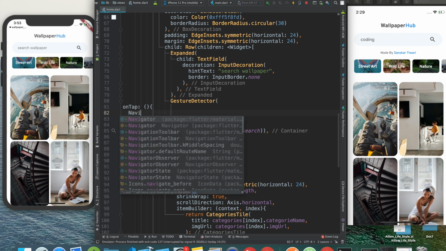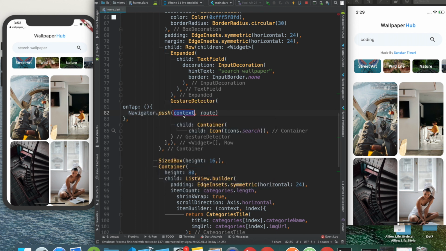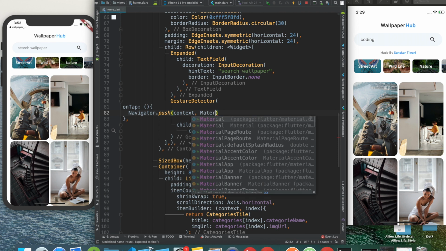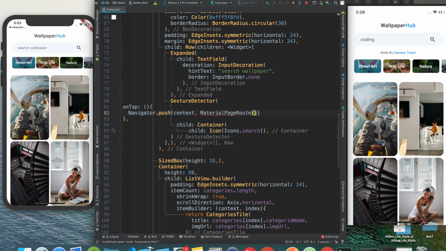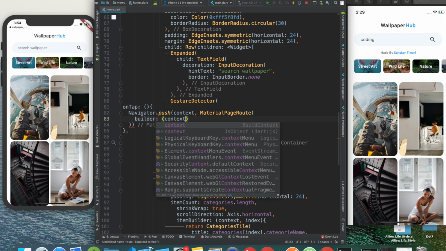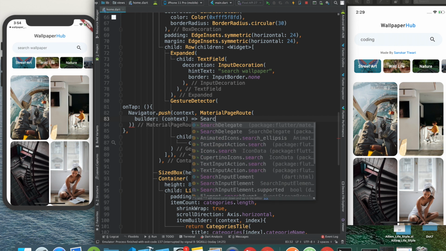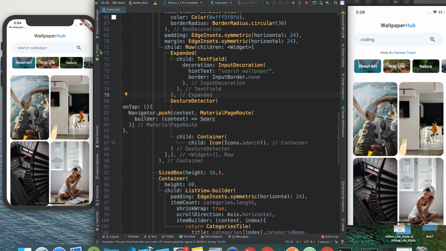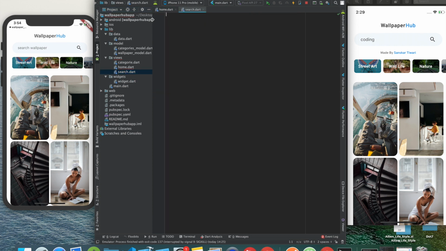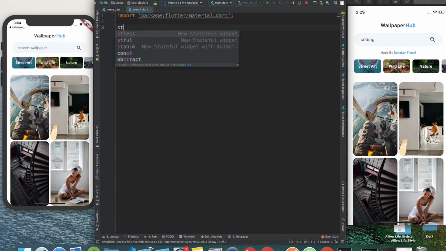I want to send the user to Navigator.push. It's going to take the context, and then we are going to use a MaterialPageRoute. Inside that I'm going to say builder, and inside the builder I'm going to say context, and in that I'm going to say what? Search. Okay, we don't even have that. So let's go to the search.dart file, and we are going to import material, and then we are going to say StatefulWidget